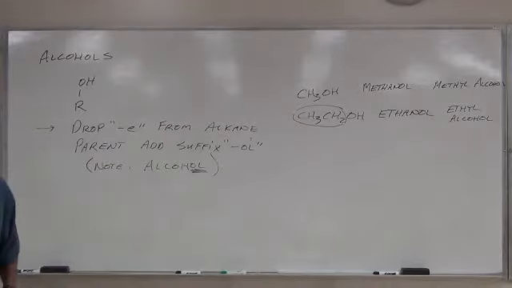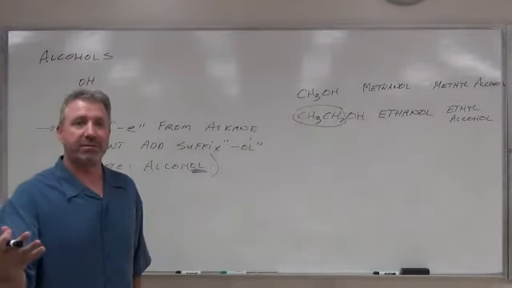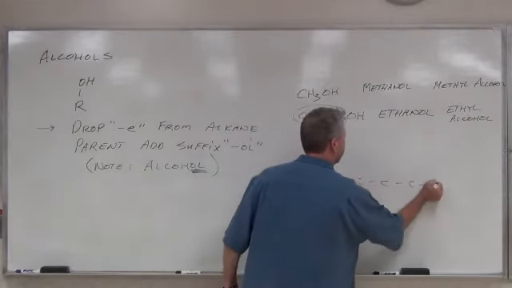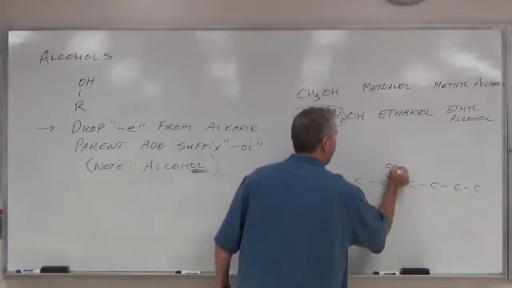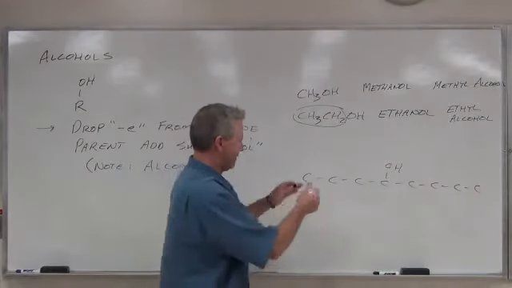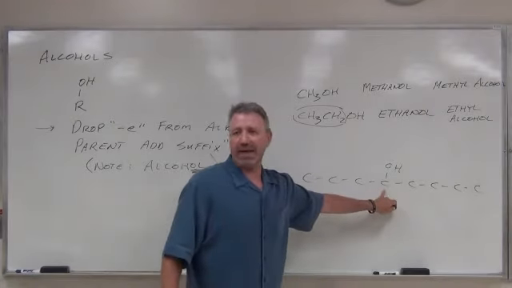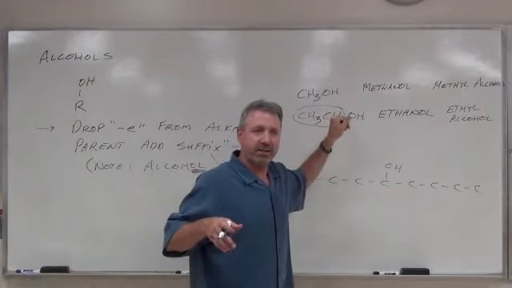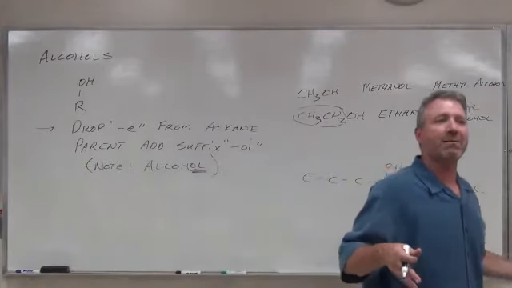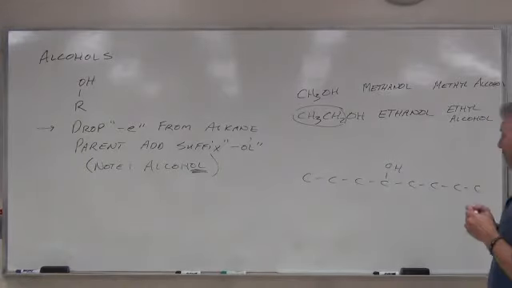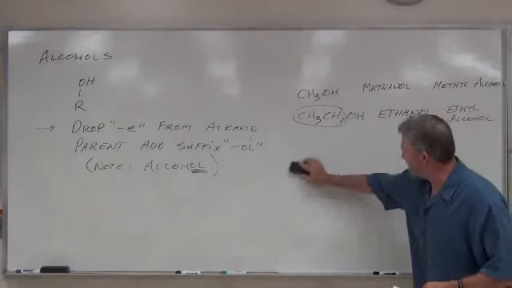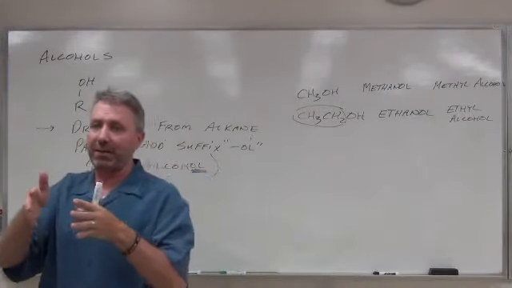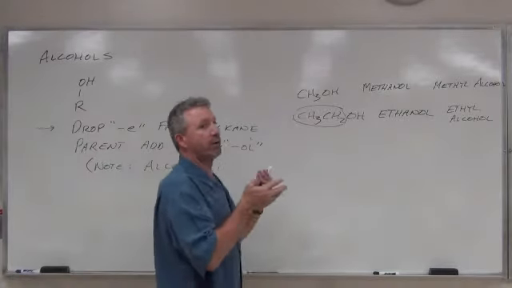Sometimes the common name can't be used. Okay? If you have an 8-carbon chain, 1, 2, 3, 4, 5, 6, 7, 8, and then you have the OH here. I mean, with all the hydrogens on there, is that an alkyl group? Yeah, it is, because technically you took the octane, you removed a hydrogen, and you planted the OH on there. But what's the name of that alkyl group? It does have a name, but we don't care about it. So these common names are generally only good for the shorter chain alcohols. Probably going to stop somewhere around butyl.